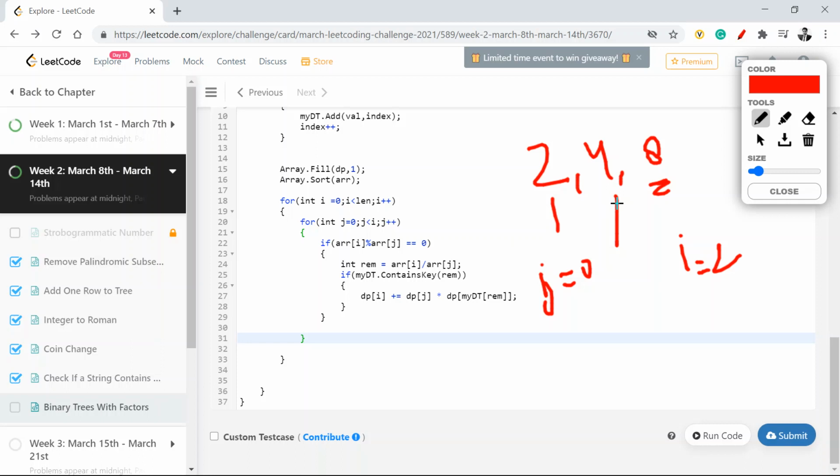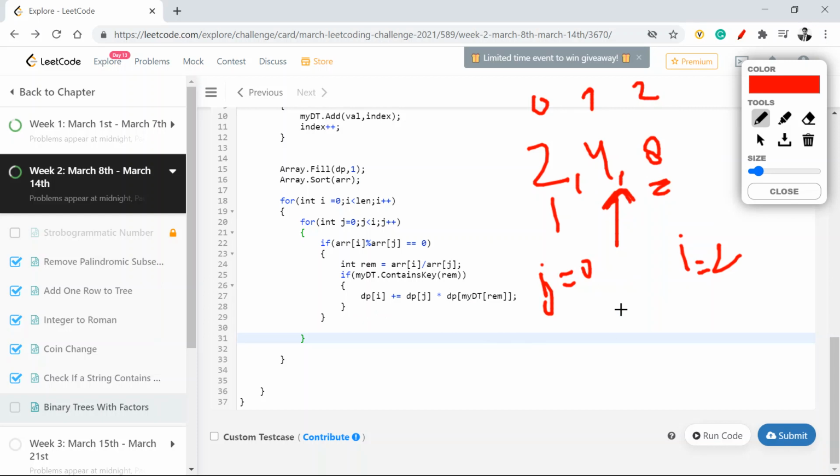Then I look at the remainder. This will be index 1, this will be index 0, this will be index 2. Once I found that, I ask whether my dictionary contains that remainder or not. Yes, it contains it, I have 4 added to it.